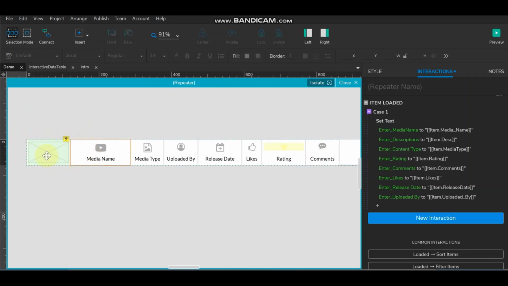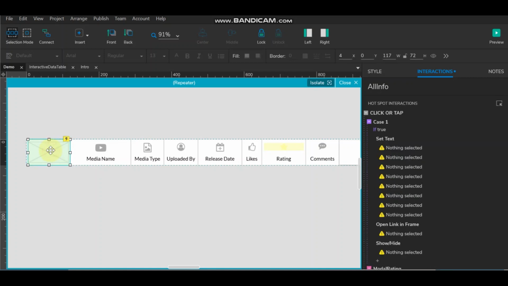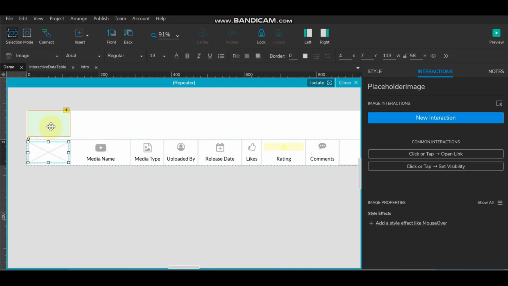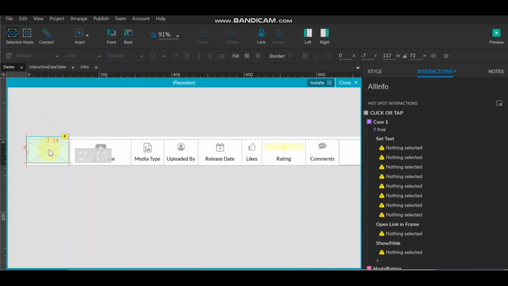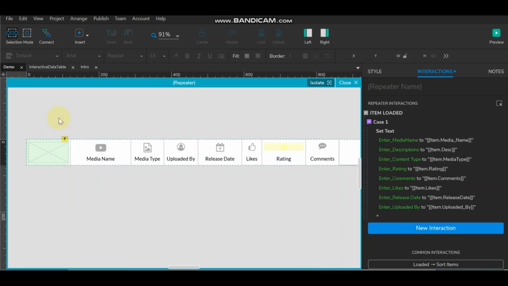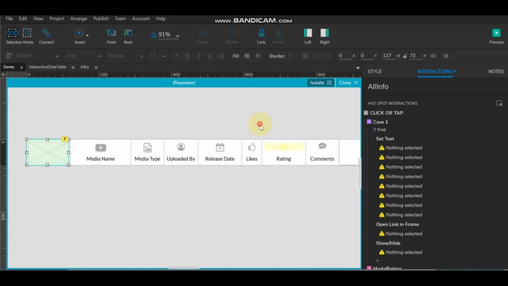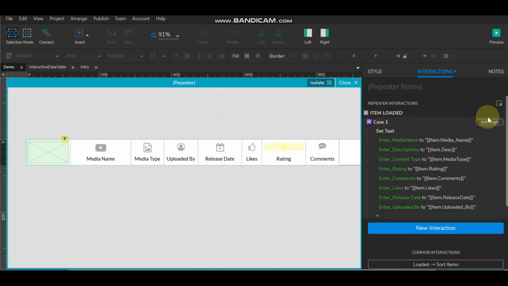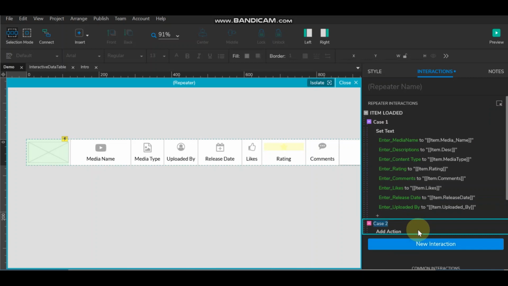So in placeholder I just keep the hotspot where I can write all the conditions or the click event which will set to the model pop-up. So here this image is there, which is placeholder image. We need to set the image which is required. So for that we need to add case. We'll say set image,